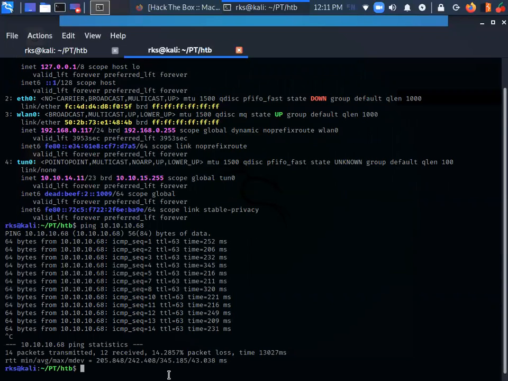I believe I must have shared some templates with you for report writing and note taking. Are you using those templates? Are you taking snapshots, documenting your process? I didn't use the template. I have one more template from Offensive Security that I'm using in Word format.